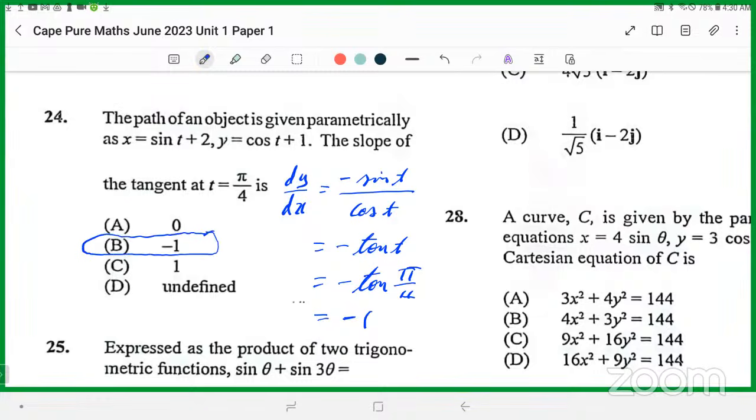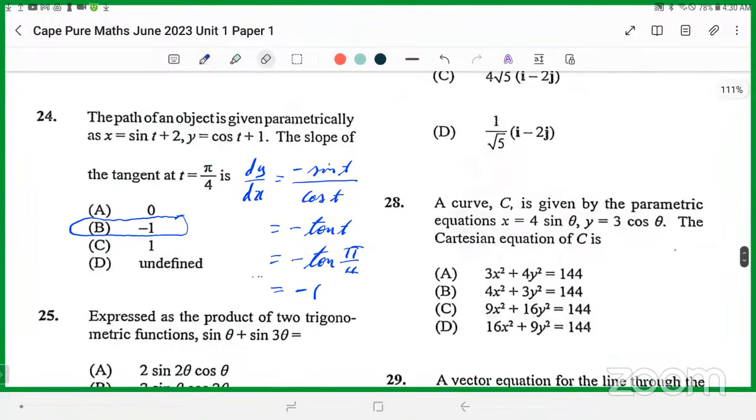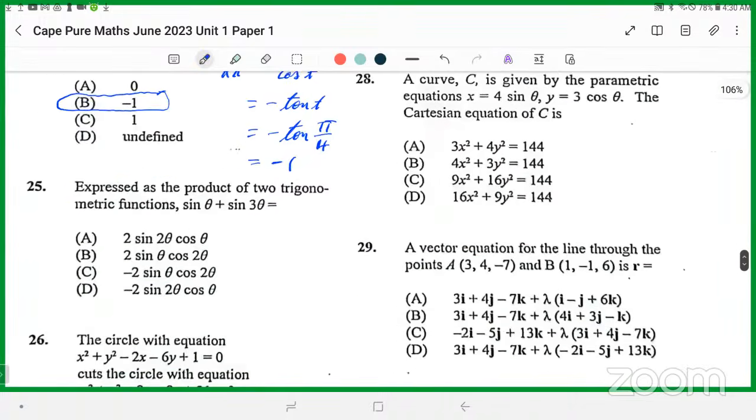Negative 1. This could have been an advanced paper as well. No, lie. It's parametric equation. Don't put it on advanced paper. All right, next one. This one says